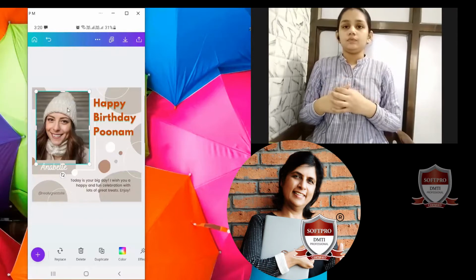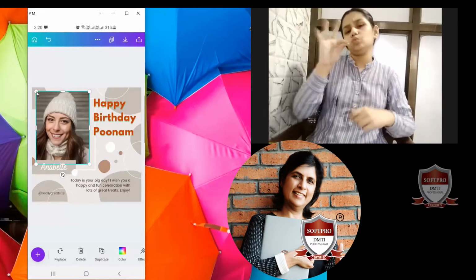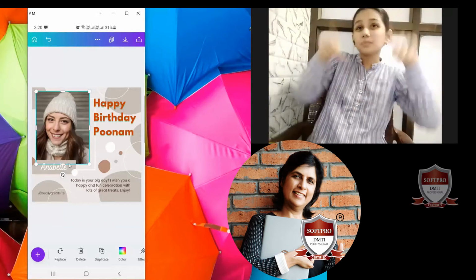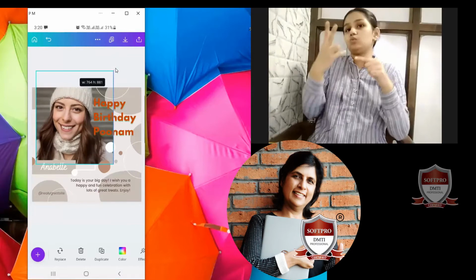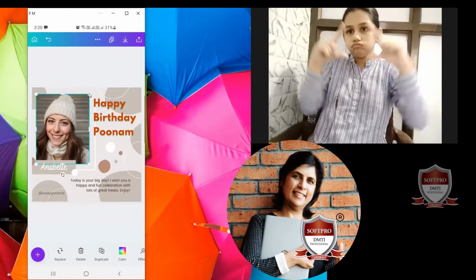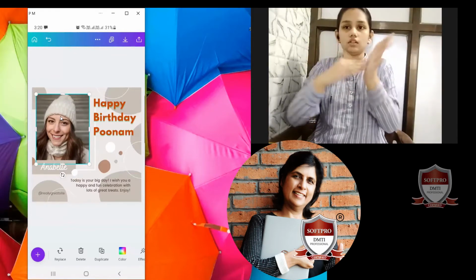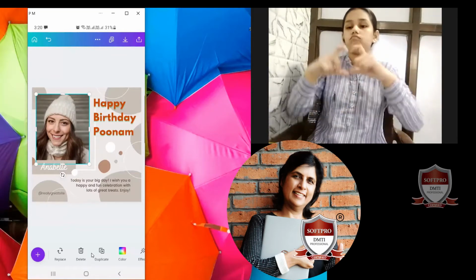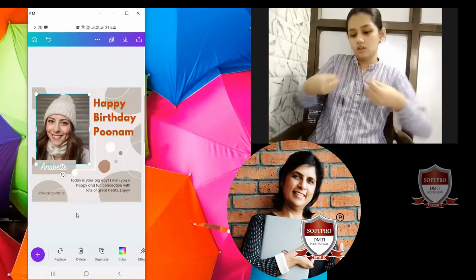Right? So let's go ahead. Now I'm selecting the image. How do I know I have selected? With the frame over here. It has got some nodes. What are these nodes? These are called resizing nodes. I can increase it, I can decrease it. Now when I come here, all the commands below will be related to the image.